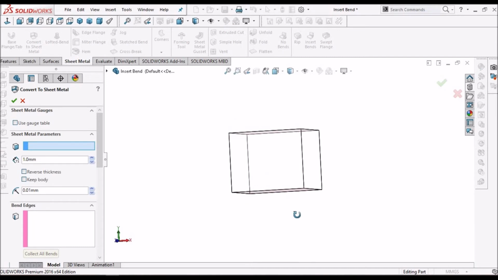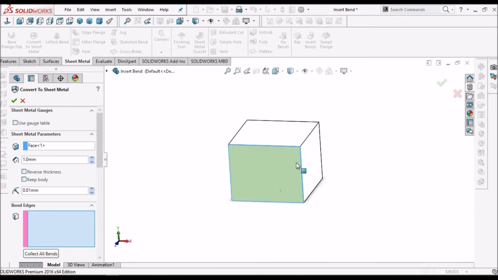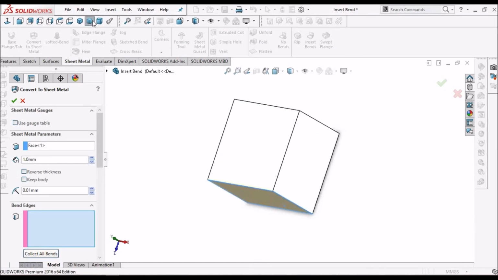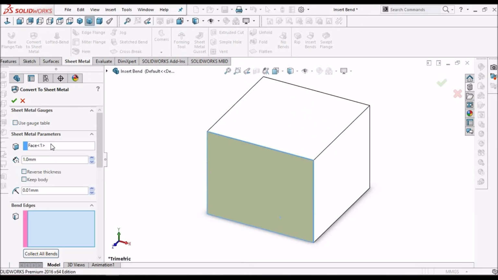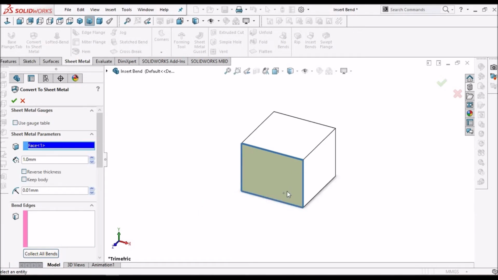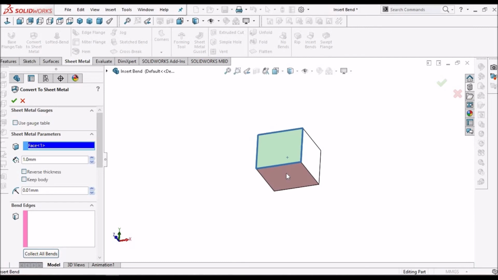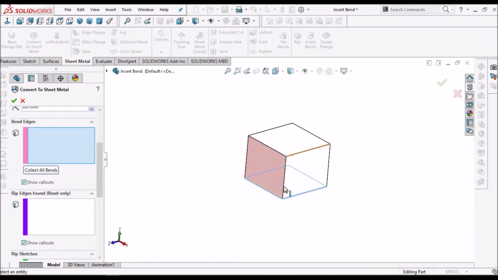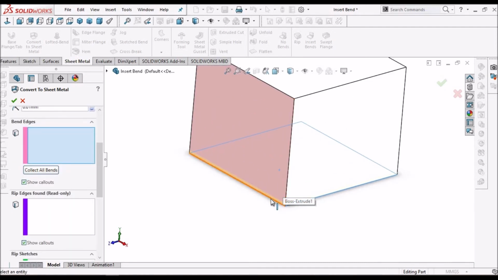So we have to select this face. So for better understanding, I will select bottom face. Okay. So next we have to select the bends. So which edge I want to take as bend.